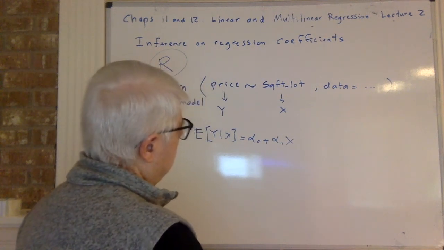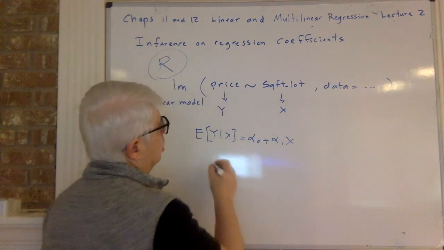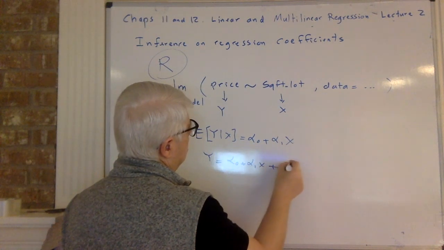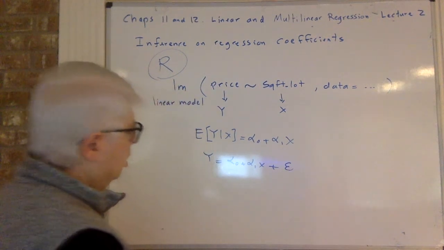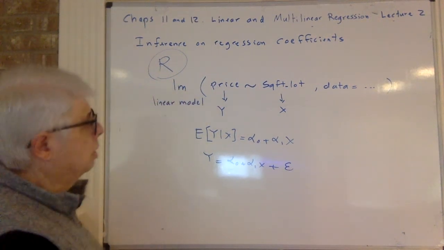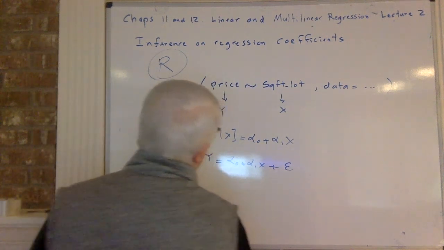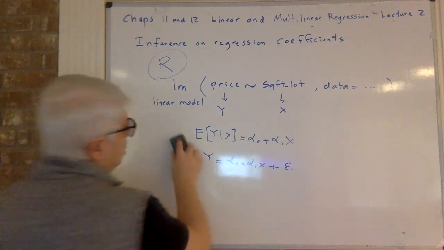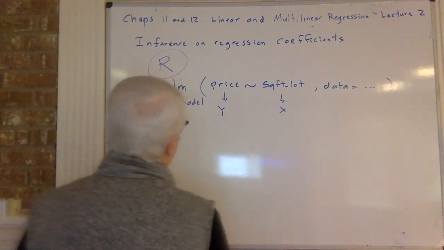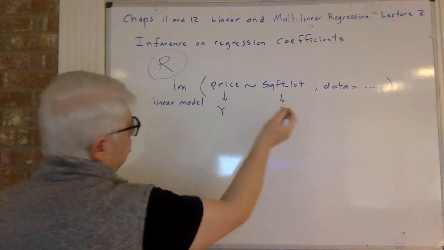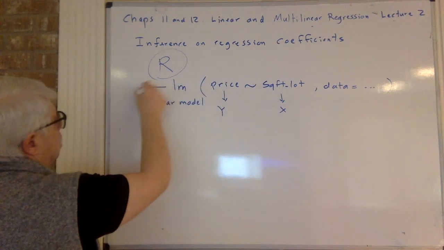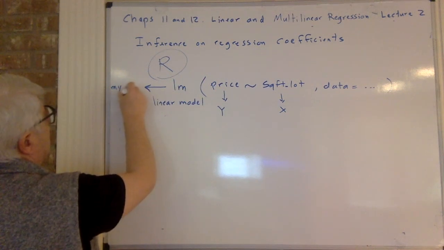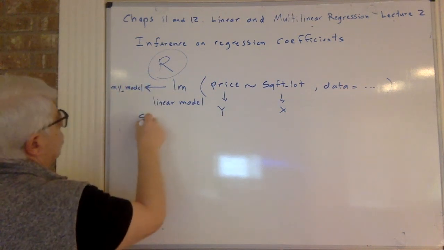Okay, so this means that Y is alpha 0 plus alpha 1 X plus some epsilon. Anyway, this is what it means. When you enter this and run it and ask for summary, you enter something like this, you give your model some name, my model, and when you ask for the summary of the model,